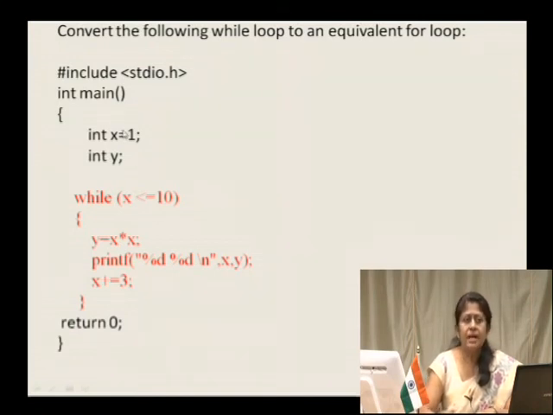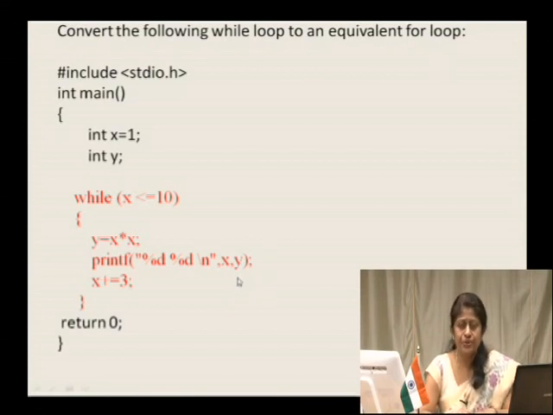And now we have a while loop over here to perform certain processing. Could you change this particular while block and replace it with a for loop, and find out which is going to be easier, the while loop or the for loop? Just have a look at it. We are saying while x less than or equal to 10, we perform y is equal to x square, print those two values x and y, and increment the control variable, that is x plus equal to 3. So, at some point this condition has to be met.